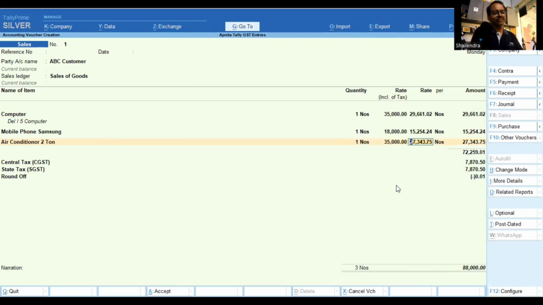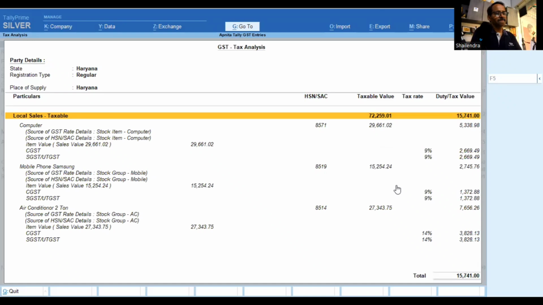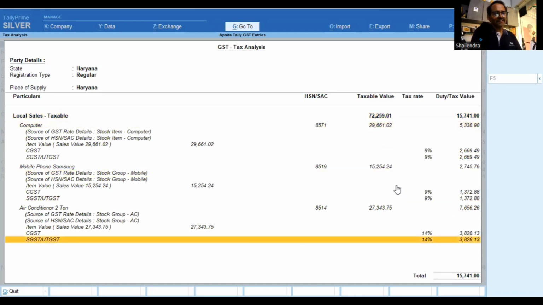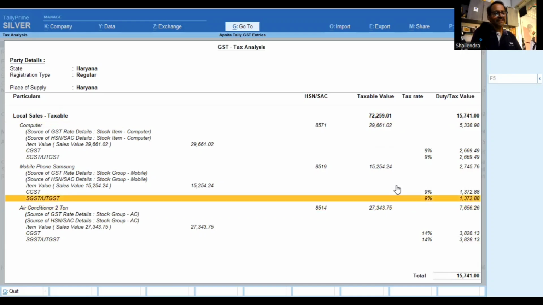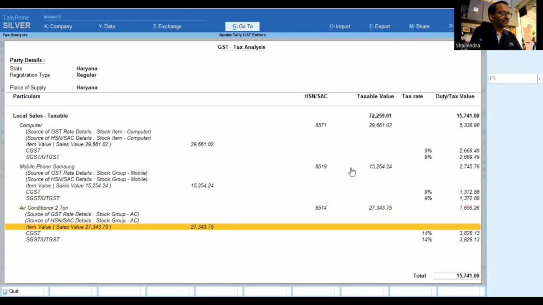It would reverse calculate the applicable rate and taxable amount, and we would be able to see it again by pressing Alt A and here Alt F5. Now we can see the analysis. There are certain things which can easily tell us whether our invoicing is right or not. So here we can see the source of